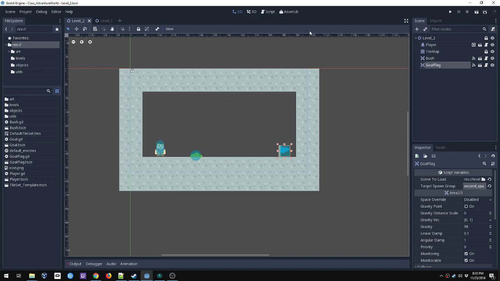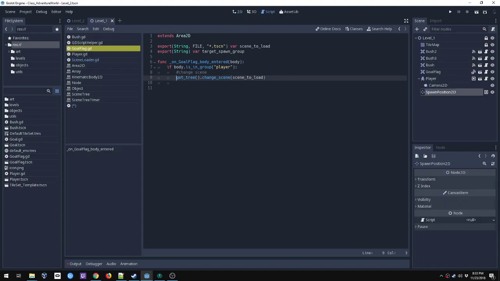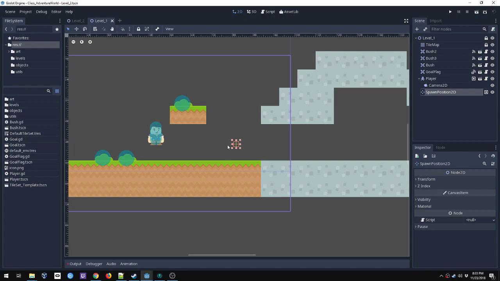Alright, so now what I'd like to happen is when I hit this goal flag, the goal flag is going to trigger this code, and it's going to detect that it's my player, and it's going to change the scene, and then I want it to appear here at this second spawn position, which is defined by second spawn. Alright, so there's two ways I could do this, and the first is,